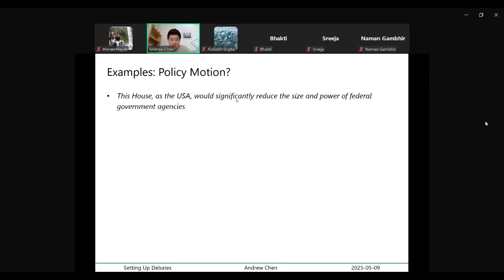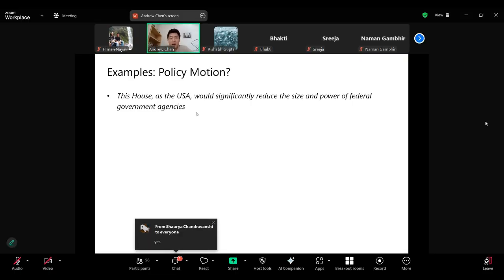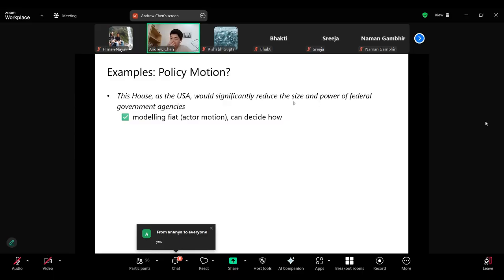So this is how I check that you're still here and paying attention. So first example, and you can just type yes or no in the chat for whether this is a policy motion or not. This house, as the USA, would significantly reduce the size and power of federal government agencies. Yeah, this is pretty clearly a policy motion. Even though it's an actor motion, it's got would in it, it's still a policy motion. So you have modeling fiat,